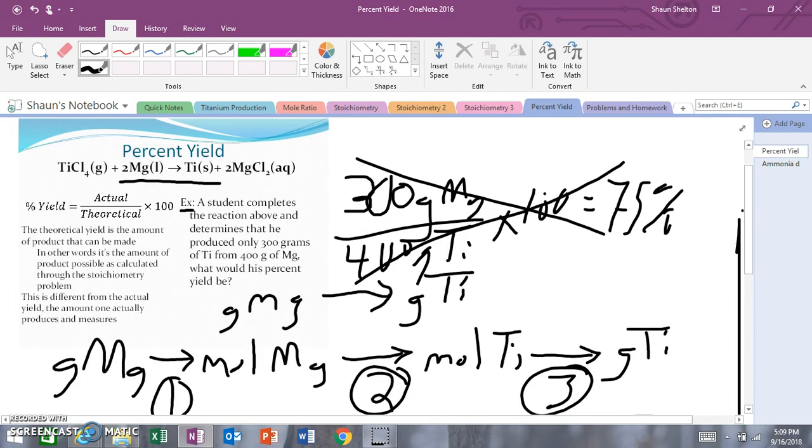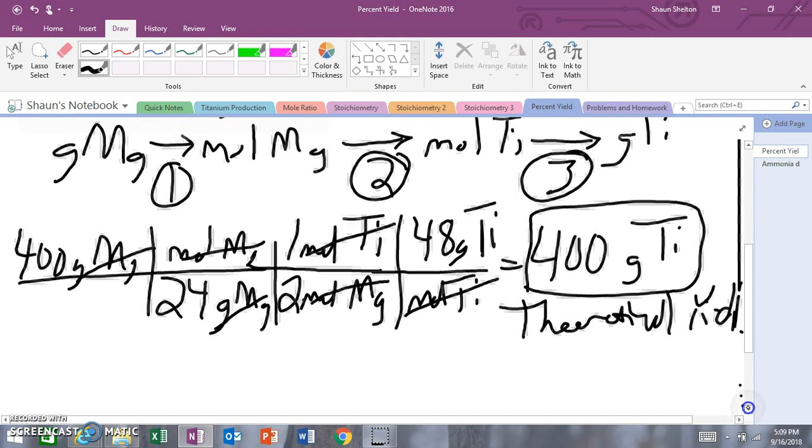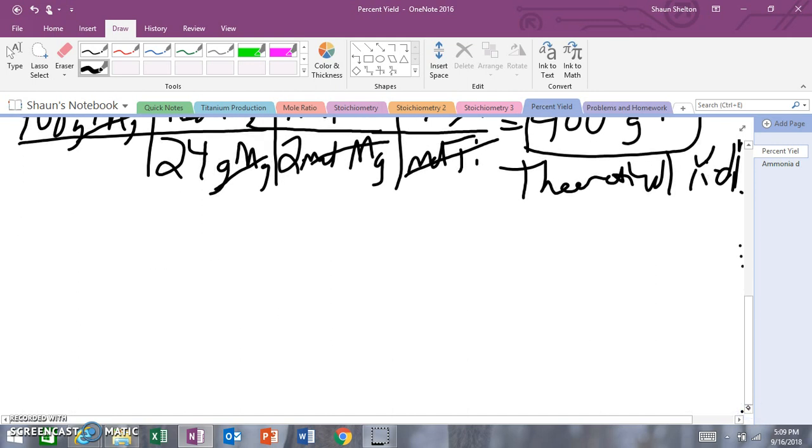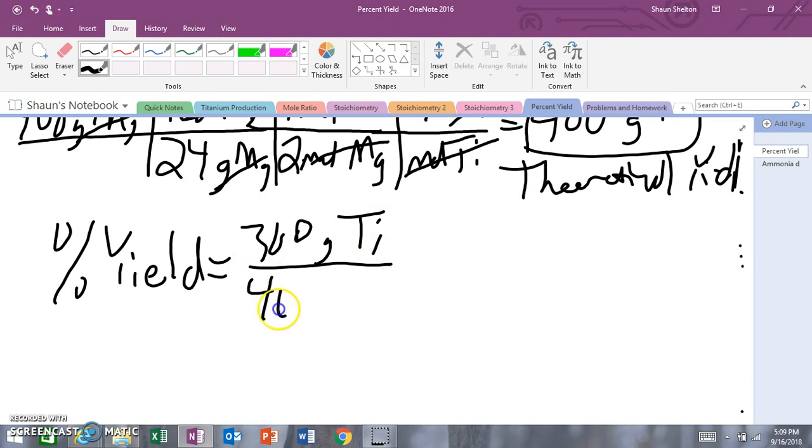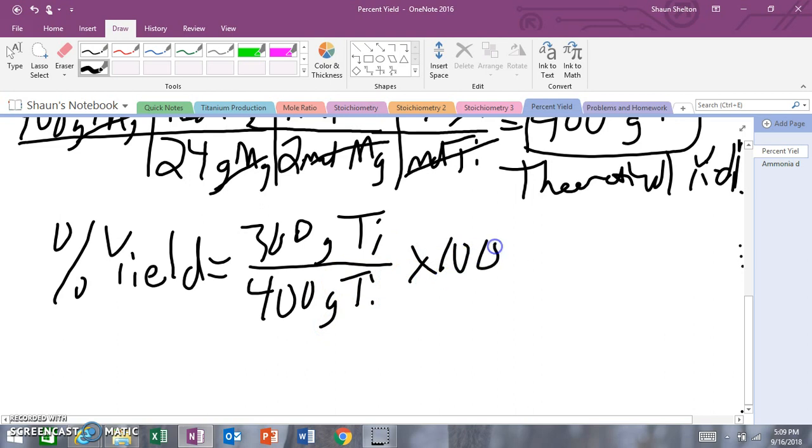Now, we saw earlier up at the top here that it's going to produce 300 grams of titanium. So that's your actual yield. This is your theoretical yield. So to calculate the percent yield, we're going to have 300 grams of titanium divided by 400 grams of titanium times 100, which is going to be equal to, now go to 3 sig figs on your calculator, so we get